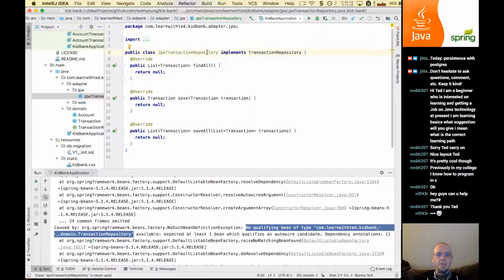So this is going to be an implementation that's specific to Spring Data JPA. And this is almost a pure adapter. This is bridging the implementation between our ideal transaction repository that we had defined in our domain and JPA and how it implements things. So we're going to need something injected. This by itself is not good enough because we want to delegate to something else. Let's go and create